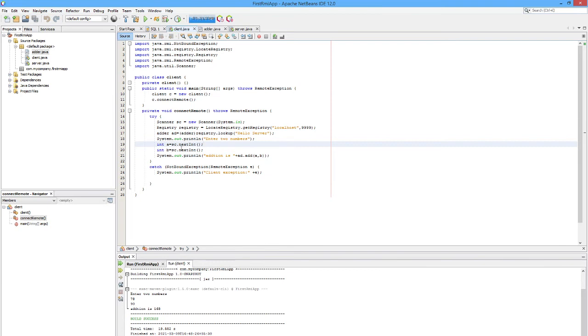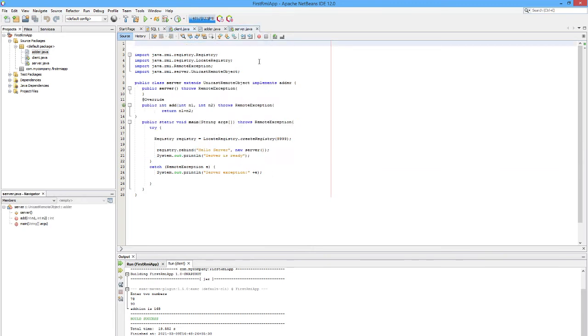Enter two numbers, using sc.nextInt, where sc is the Scanner object. It takes the numbers, and then the addition is add.add(a, b). Add is the remote method which is called for addition of two numbers. Then catch NotBoundException and RemoteException e, client exception. This is the program for the client.